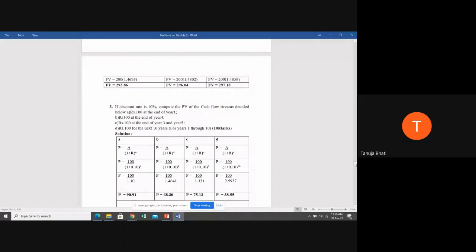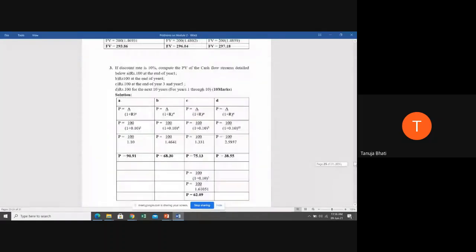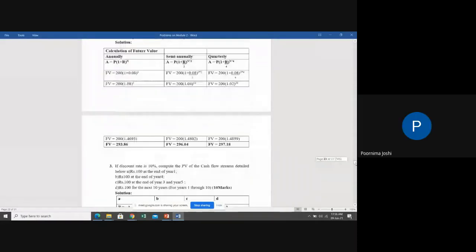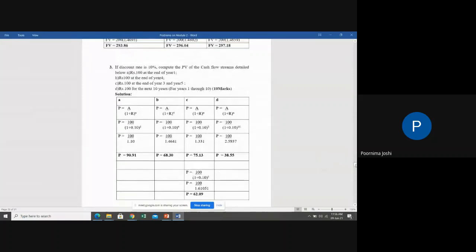So did everyone understand all the questions? Excuse me, ma'am. Yes, dear. Can you explain the last part? That 38.55, 1 through 10 years. You want me to explain this? What is the meaning of 1 to 10 years? Yes, ma'am, because you did the same thing you did previously for A, B, and C, so I got confused a little bit.